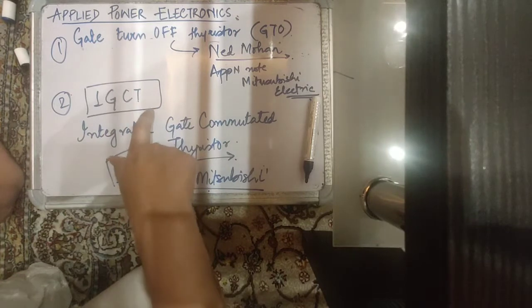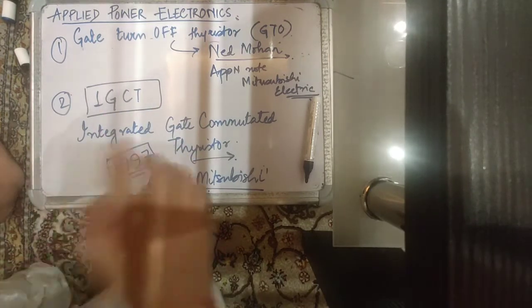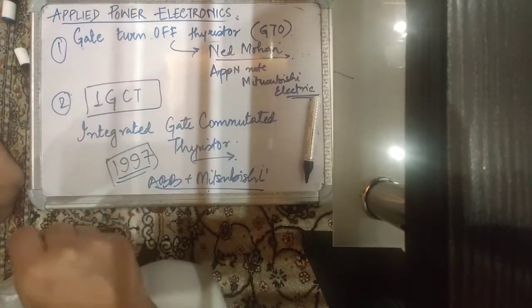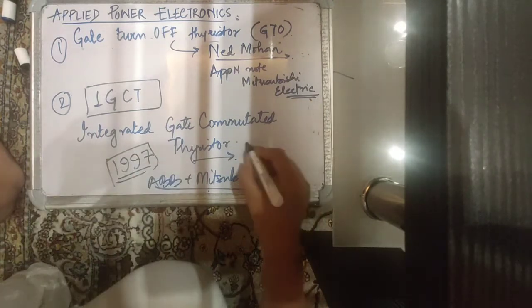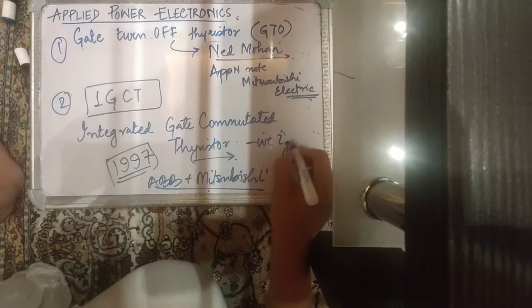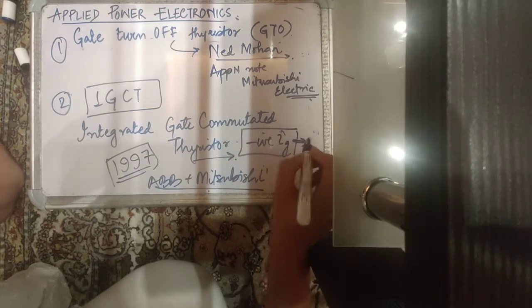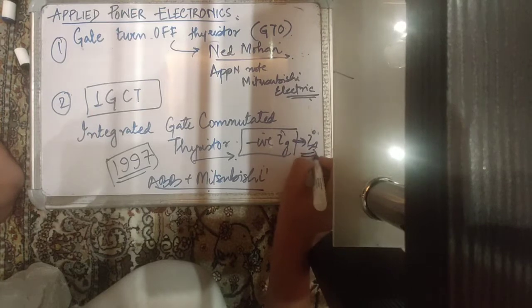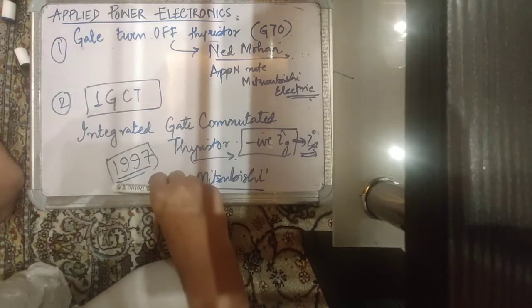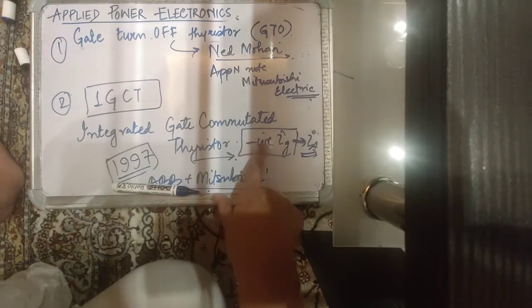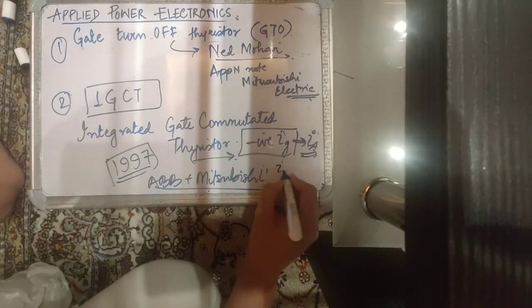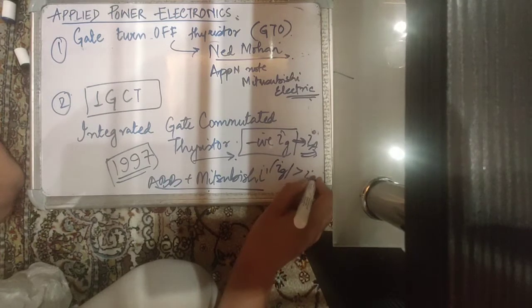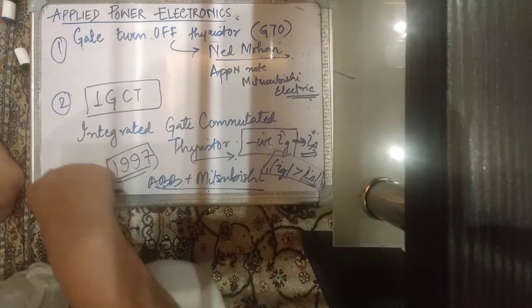बट IGCT जो है, it is a slight modification of the same structure GTO, where you basically ensure that you inject a very high magnitude of negative gate current, so high that it is more in magnitude than the anode current itself. और उसकी वजह से आपको बहुत ही ज़्यादा फास्ट टर्न ऑफ मिलता है. लेकिन क्योंकि जो IG है आपकी वो बहुत हाई मैग्नीट्यूड की है, and in an IGCT it is even greater in magnitude than the anode current, तो उस वजह से क्या होता है कि आपको जो अपना गेट सर्किट है,